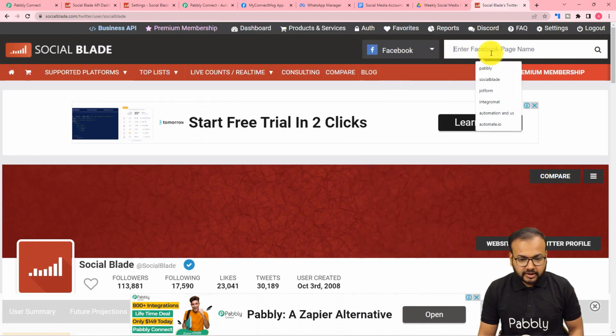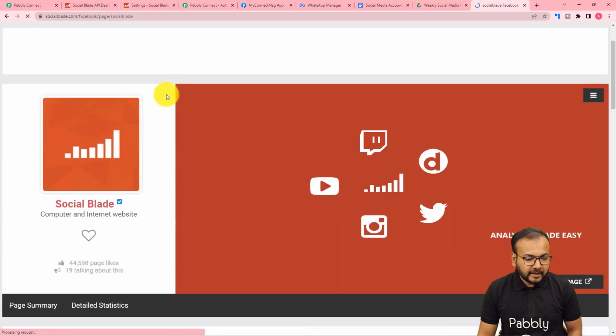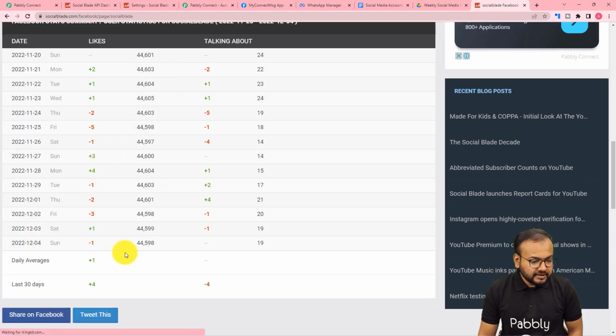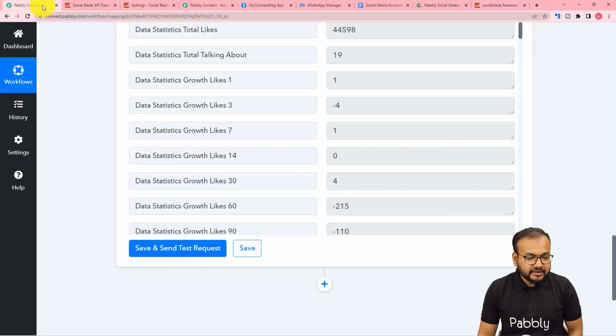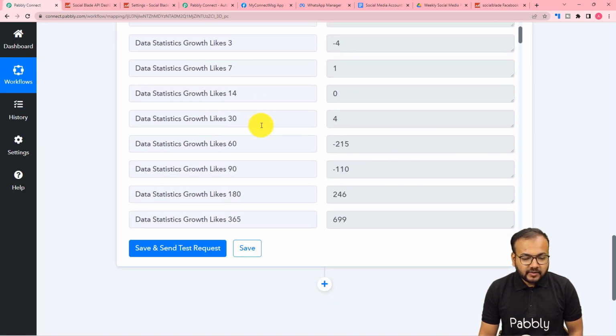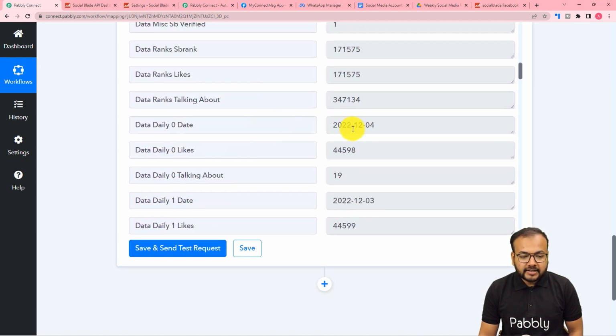This is Facebook. Let me type Social Blade and search for it. And this is the Social Blade's Facebook stats. And here you can see the total likes are 44,598. And you can see the same data here, 44,598. Okay, so this is how you can get the data,